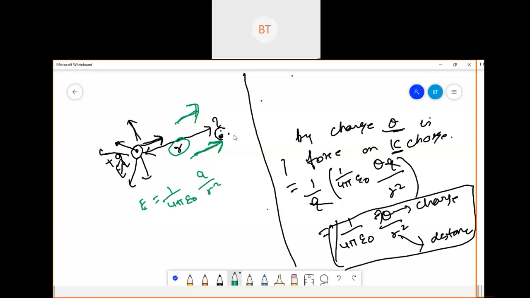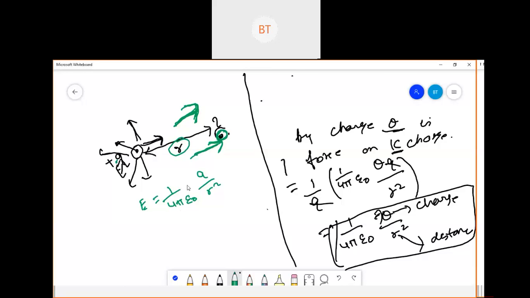We are trying to calculate the electric field generated because of this point charge. The first thing we will do is represent the direction for this point charge. This direction I have represented here will be outward, because we have taken a plus q charge here. So I think this is clear to you.